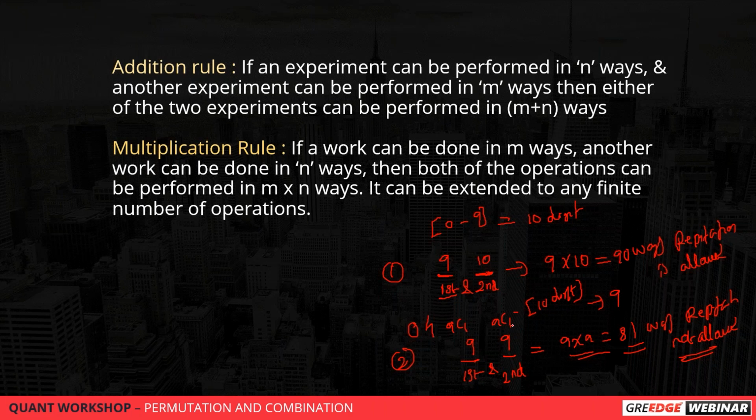Okay. Got it? In the first case, repetition is allowed. For the first place I'm using 9 ways, and for the second one I'm including 0, so it becomes 10. All 10 digits are valid, so I can write numbers like 60, 70, where 0 is also a possible digit, and also numbers like 66, 77. 0 cannot be the first digit, otherwise it won't be a 2-digit number. In the second case, 0 can be a possible digit. I can write the number 60, a valid and distinct number, and 70 is possible. But I can't write 66 and 77 here. Those cases get eliminated.